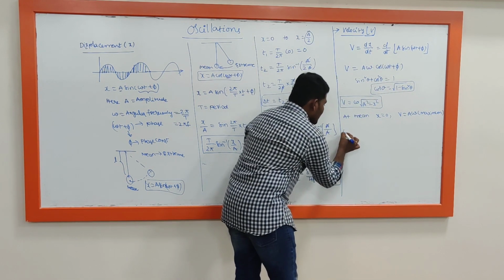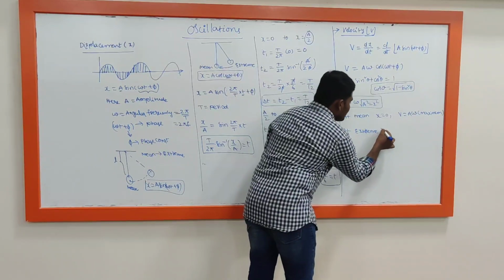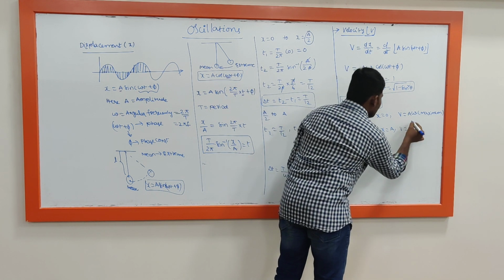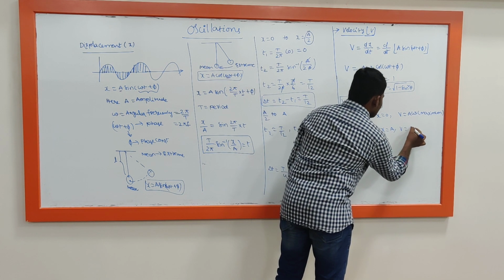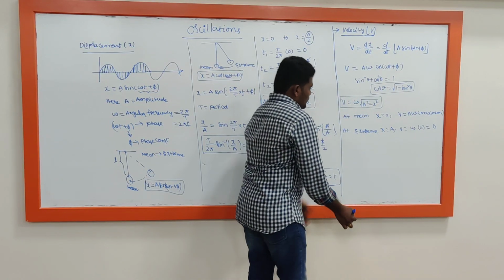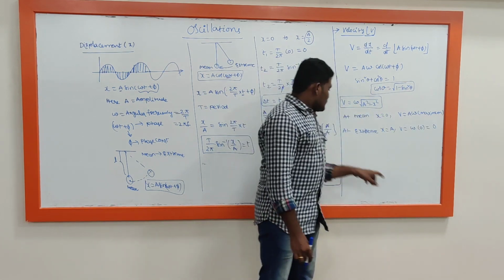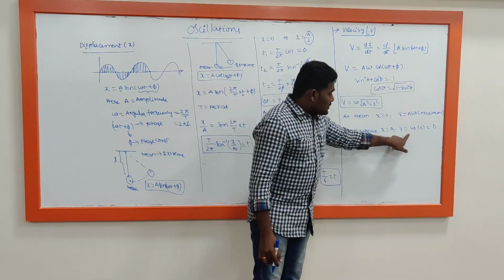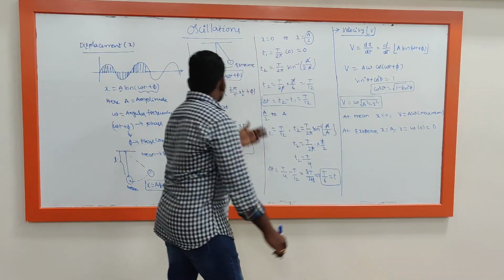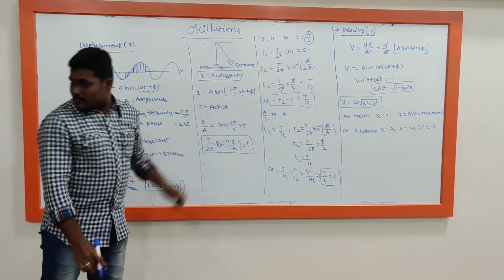Then at the extreme position, we take x equal to a, then v equal to omega into 0, so we get 0. So the velocity of a particle at the mean position will be the maximum, v equal to a omega. At the extreme position, x equal to a, so the velocity of the particle will be 0. So this is about the velocity. You can even do the derivation with x equal to a cos of omega t plus phi also. Similarly, you will get it.